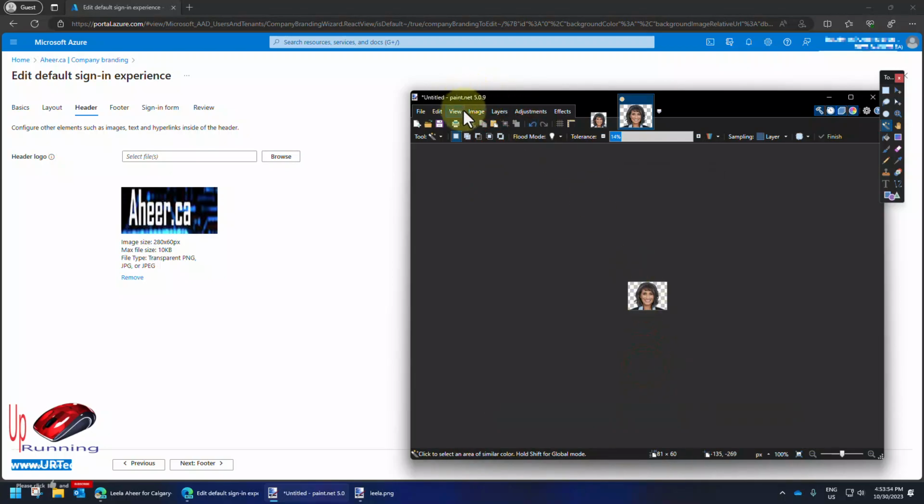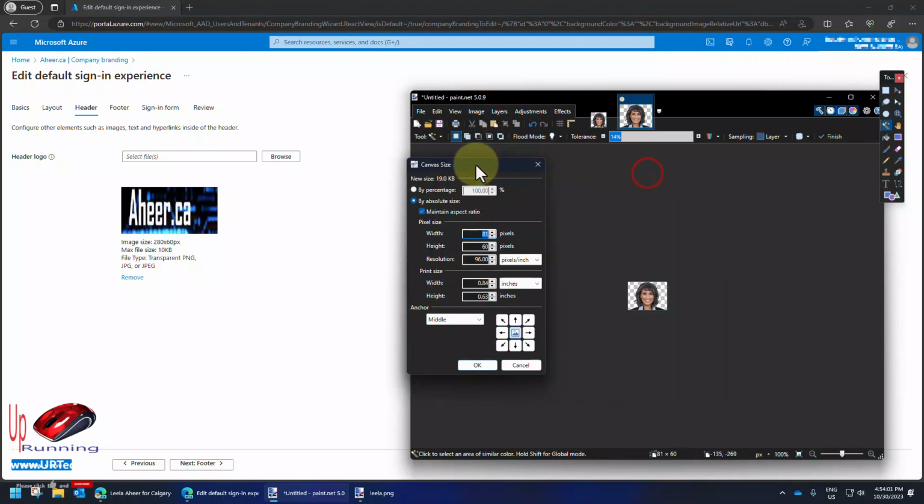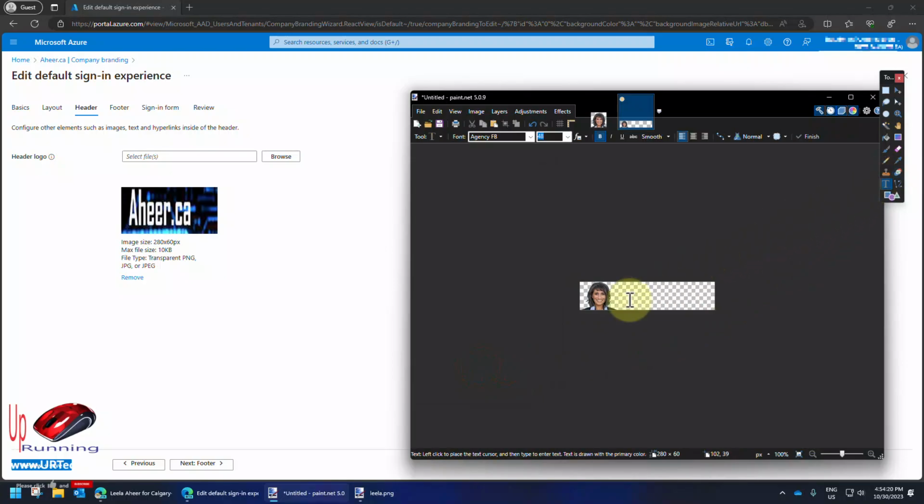And bingo. And image. Now I need to make the canvas size 280. Okay, so I'm going to move this to the left, and I'm going to set that to 280. Oh, I need to turn off the maintain aspect ratio. So it's 60, so 280 by 60. And I want this graphic to get shifted to the left. There we go. I'm going to write